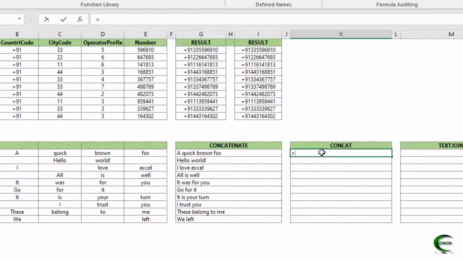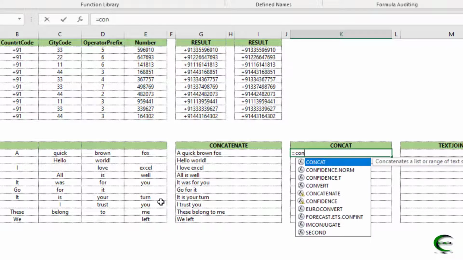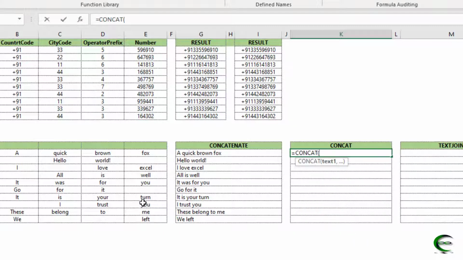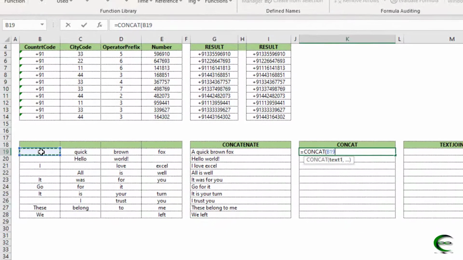In CONCAT we can select a range, but for making a sentence we cannot select a range, because we need to give blank space in between words, and there is no way to give space in a range. So we need to select individual cells only, like CONCATENATE.